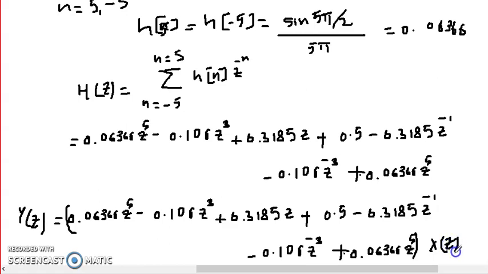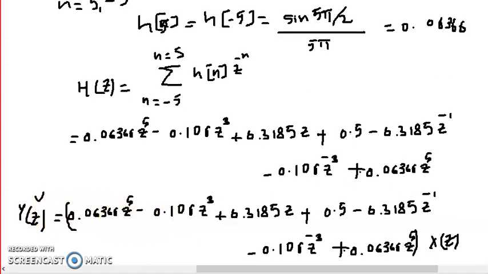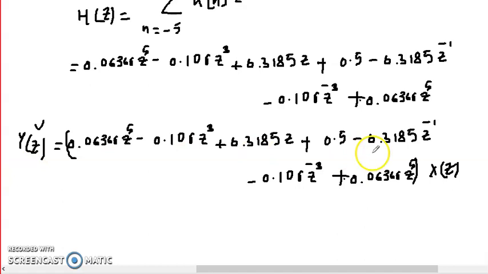Here you can see that the output yz is not depending upon the past values of output. There is no feedback, hence this design is basically a finite impulse response design, where the output is not depending upon the past values of the output. In fact, it is depending upon the future values of the input and the past values of the input. So signals flow only in the forward